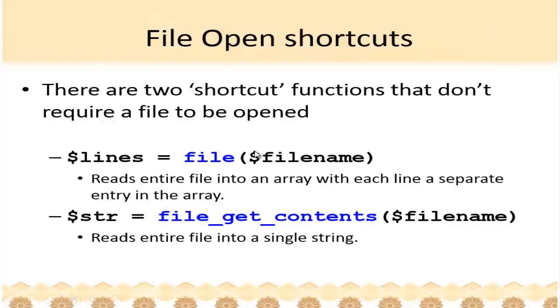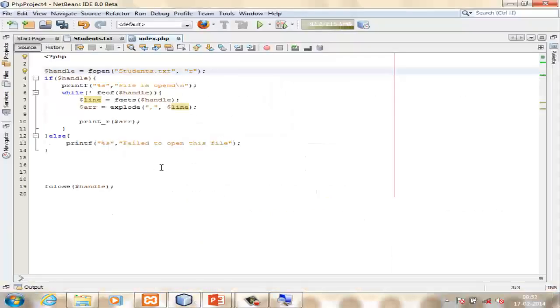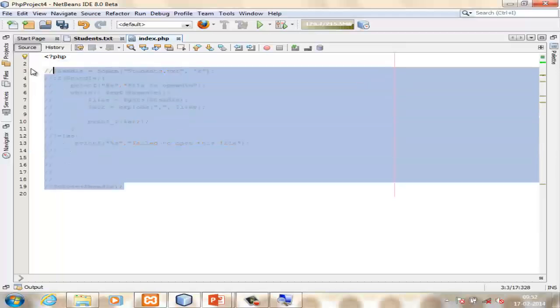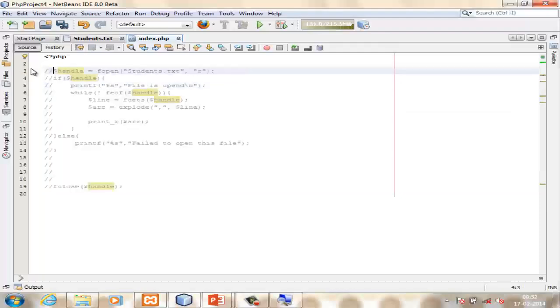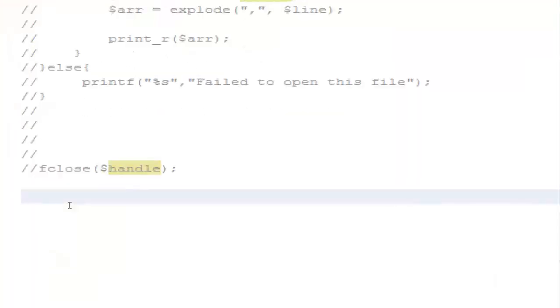So I'm going to go over here with the file, and I'm supposed to get an array of it. So how do I go about it? I'm going to go here and I'm going to comment out everything up to here, so they are not really required. Let me go here. I can go anywhere. I think I'll go to the bottom side. Here I have commented it out, so nothing is there. So I'm going to say my array is